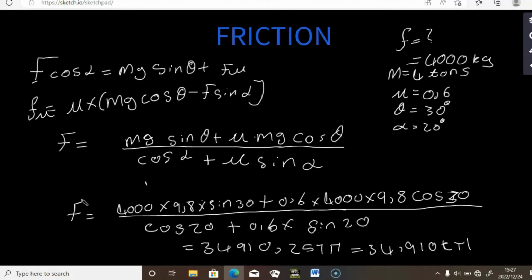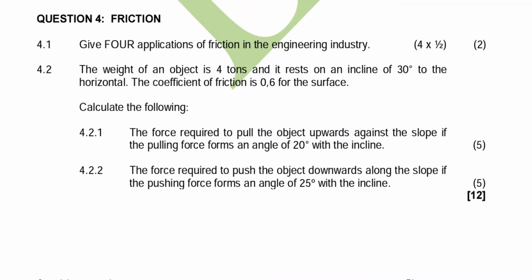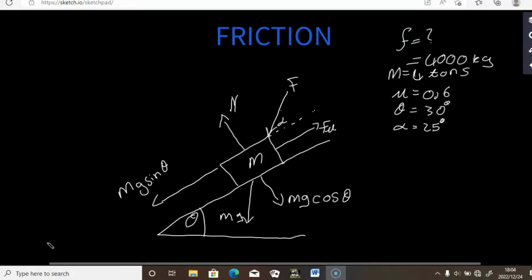So we are going to do 4.2.2. The force required to push the object downward along the slope if the pushing force forms an angle of 25 with the incline. And then we go back to our diagram. Only now the force is not pulling the object upward. It's now pushing the object